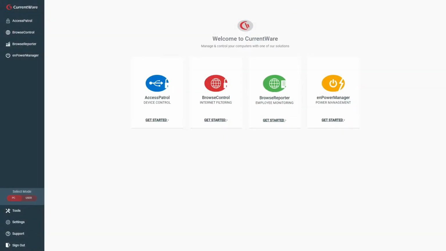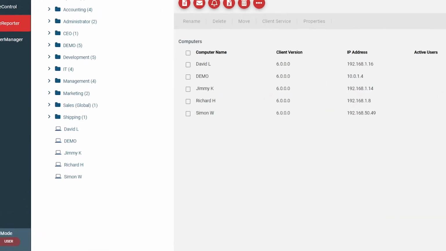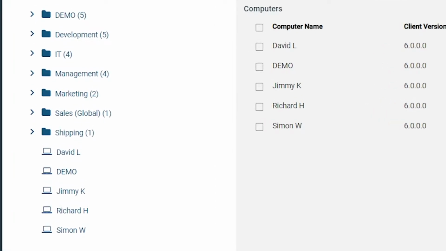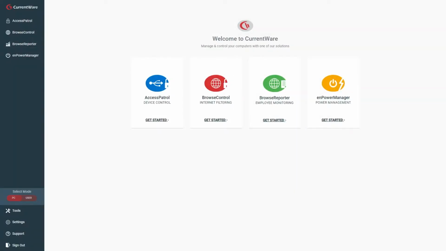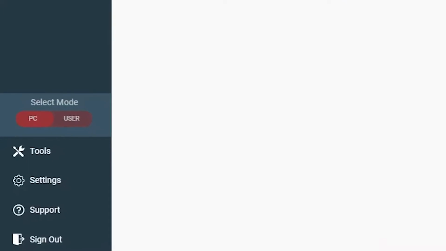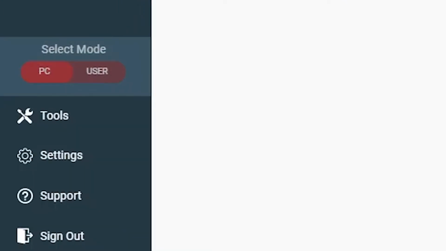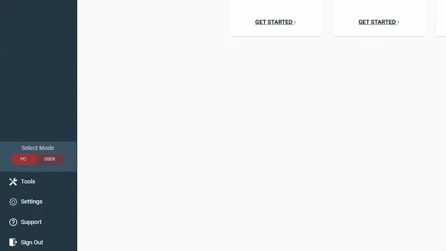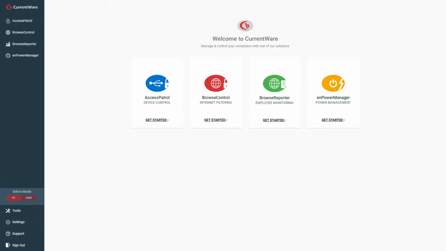After that, you will install the CurrentWare clients on each computer that you want to monitor, control, or track. Once the clients are installed on your users' computers, they will appear in the web console, where you can run reports on your computer activities and apply any policies that you would desire. Your CurrentWare policies can be implemented on a per user account basis or a per device level basis. This ensures that the restrictions will apply to your users no matter what managed device they use.